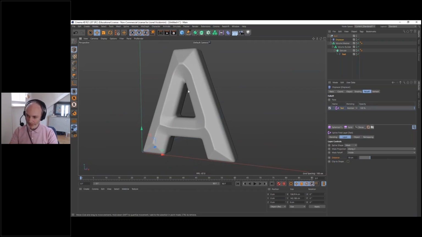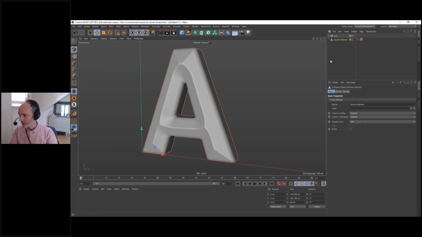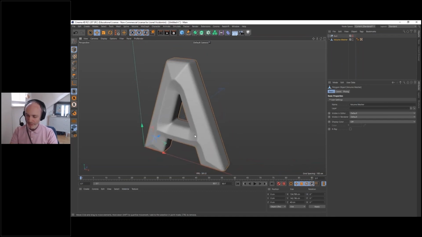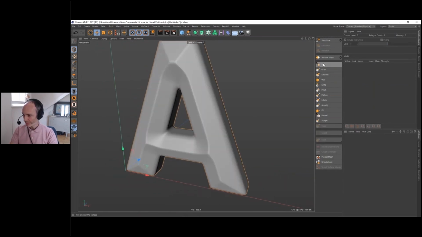Okay, so to work on the sculpting, I need to convert this whole object to a 3D object, an editable object. So we have the command here. I take the null object, go there, and current state to object. So it's going to create a copy here. So I can just disable and hide this one. And now the volume mesher here on which I'm going to work. Okay. Let's switch to the sculpting layout. So the sculpting layout here is going to give us tools to work with.